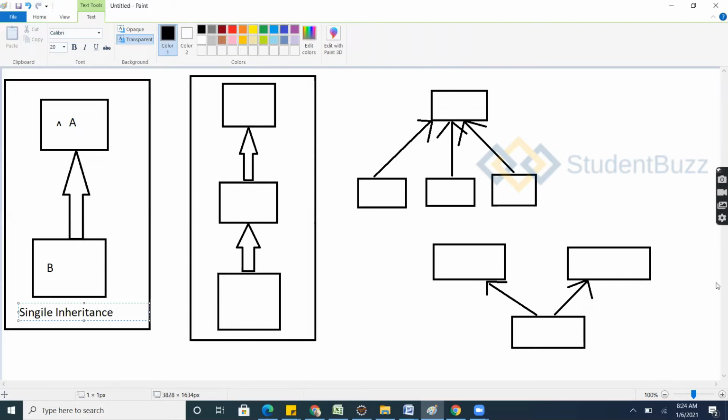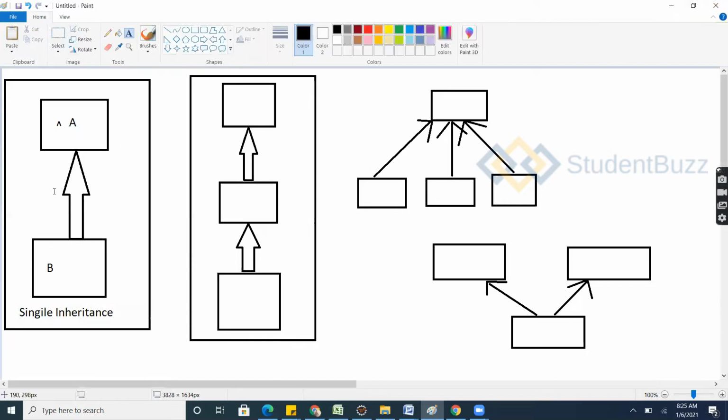Single inheritance. A single inheritance, and I'll say multi-level inheritance. You have this one level here, so we have one level here. So we have two levels here. It's multiple. So you may have this multi-level, two or three or four, five, six, whatever, 100 also you can have it, but it should be a linked list, like one to another one, like this.